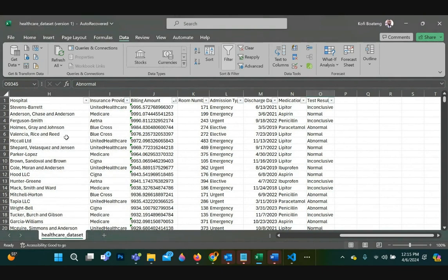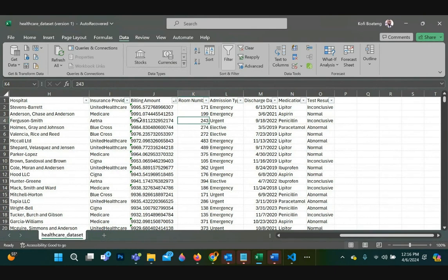But let's say a new hospital comes into play, and the billing amount is, let's say, $15,000. At this point, even if you fine tune the LLM on this data initially, the LLM will not have that new information. So the way you can incorporate new information into your application is to implement RAG in your app,